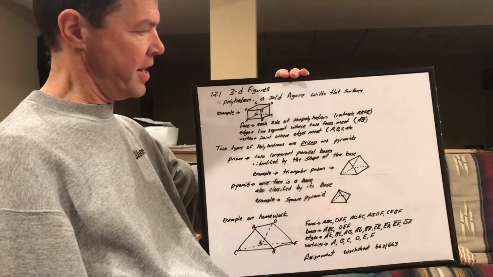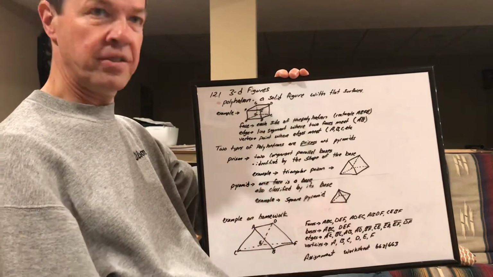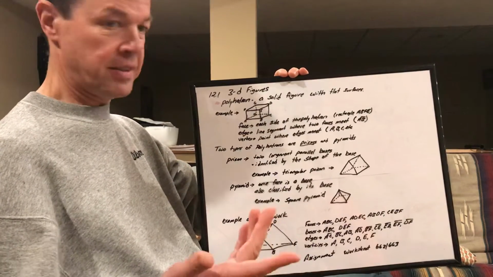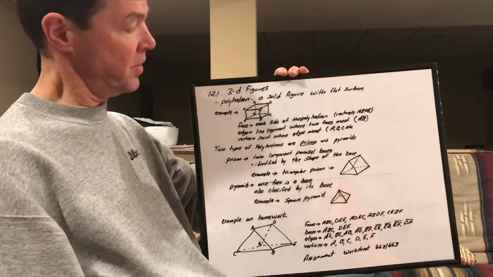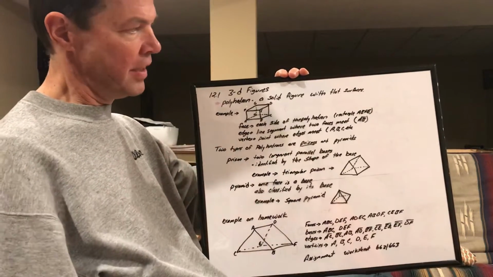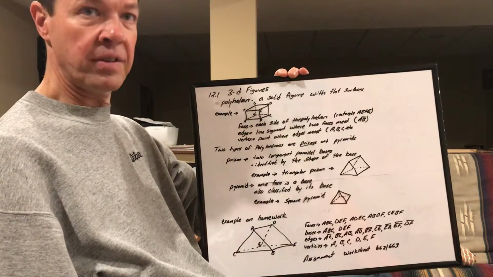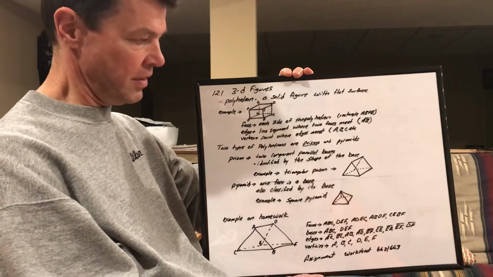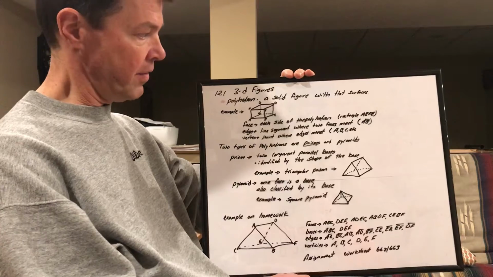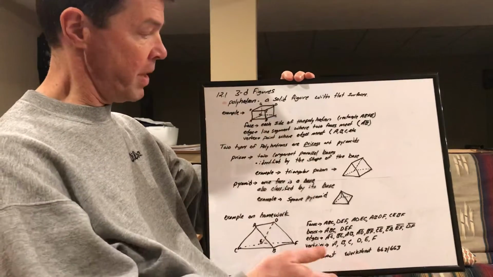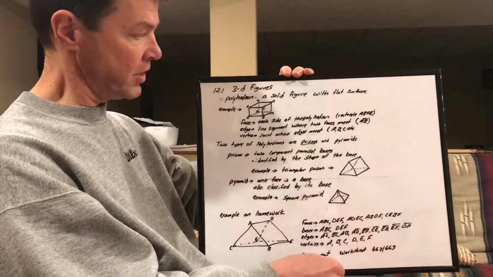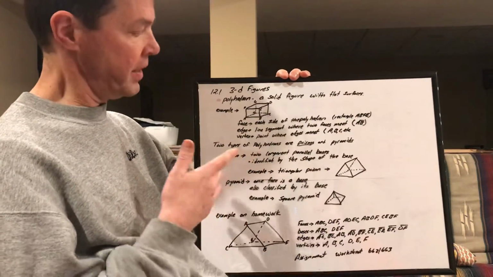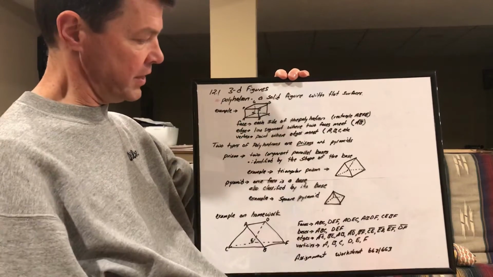Today I just wanted to start out with chapter 12, section 1, and it's 3D figures. Basic, start out with a couple of vocabulary words. Polyhedron, you can see it's just a figure with solid flat surfaces. And we have plenty of those to go through. I just made an example of that. That would be a rectangular prism, but anyway, more definitions that would describe the polyhedron is you have faces, edges,